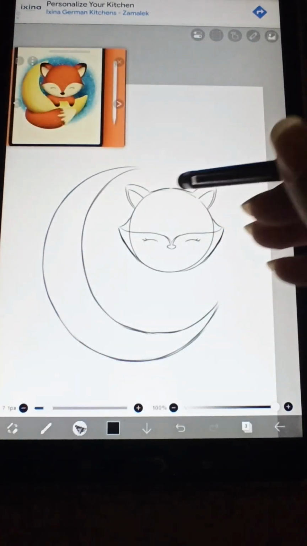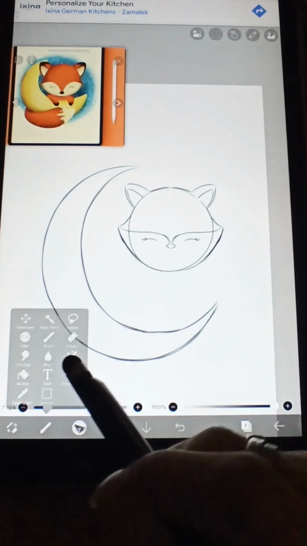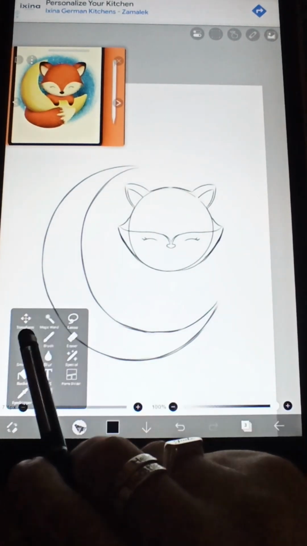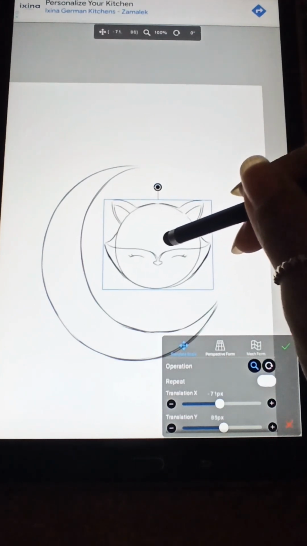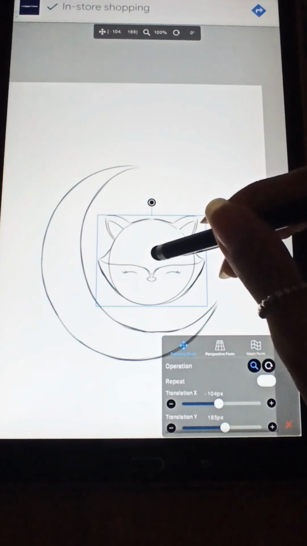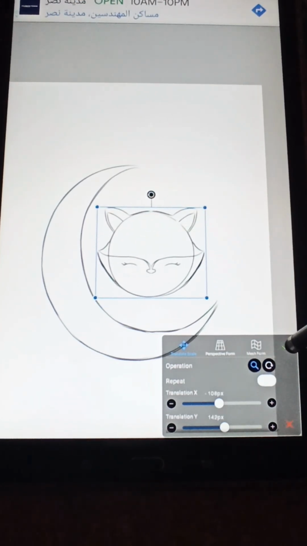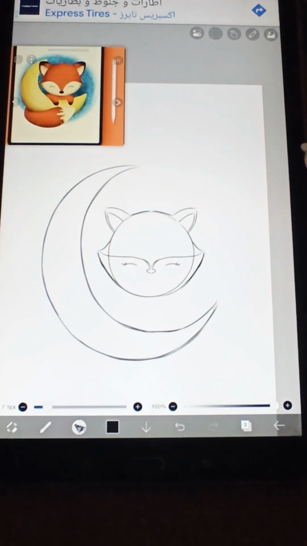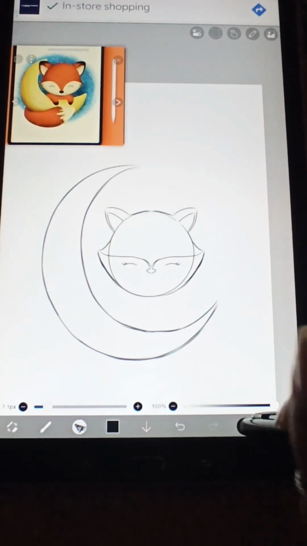So the head is a little bit away from the moon, so I'm going to use the transform tool here and bring it down a little bit, because I'm going to draw the hand. Be here and press the right tick. So this is our face for our